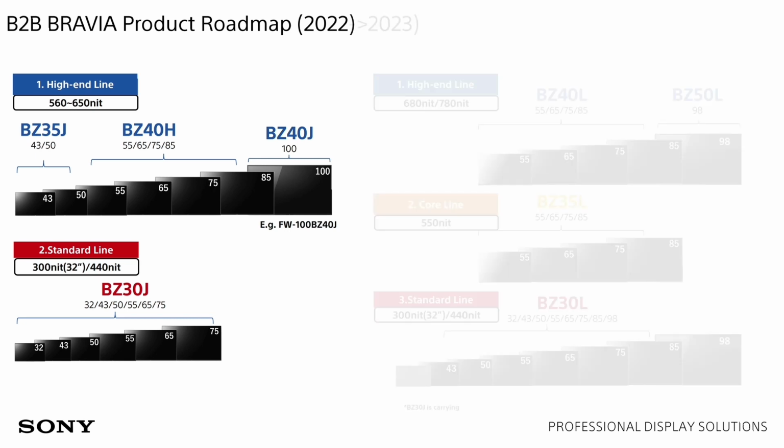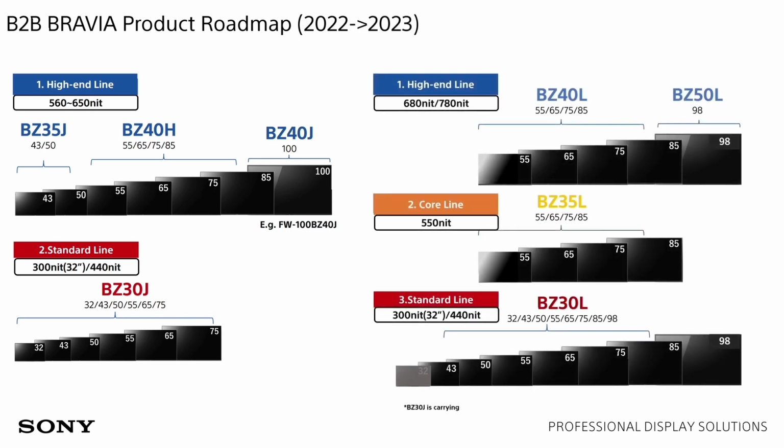So as we move forward, and this is what we introduced prior to InfoComm and showcased at InfoComm, we have 3 categories, actually 4 if you count the 98-inch as its own series. So that's where the 4 series comes from. So the BZ40L sizes range from 55 to 85. The BZ50L, which is the 98-inch. If we go down to the BZ35L, we have the 4 sizes from 55 to 85. And then in the BZ30L range, which is the most comprehensive in terms of size, all the way from 32